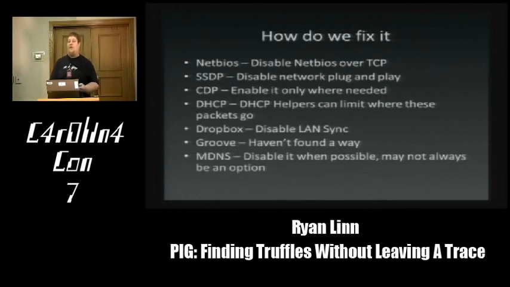So we've gone through a bunch of that stuff. So how do we fix it? NetBIOS over TCP, disabling that, which most of the time we're not really needing that anymore. If you need to share files from a friend, you can go directly to their machine name. You don't need to discover them on the network. Most corporate networks have so many nodes that when you try to view my network, it's pretty much just annoying. So for most systems, disabling NetBIOS over TCP is probably the way to go.